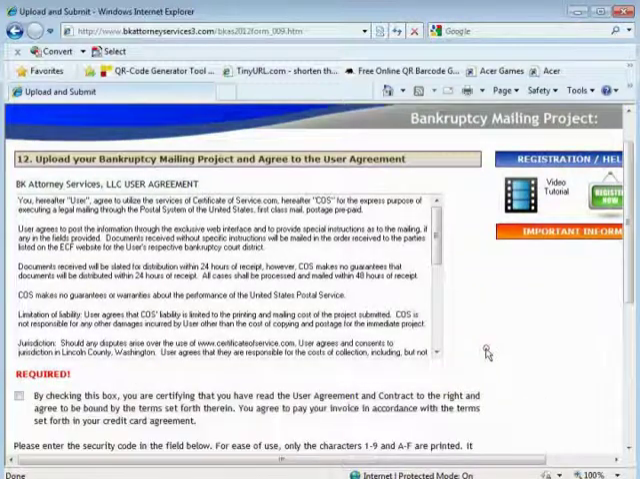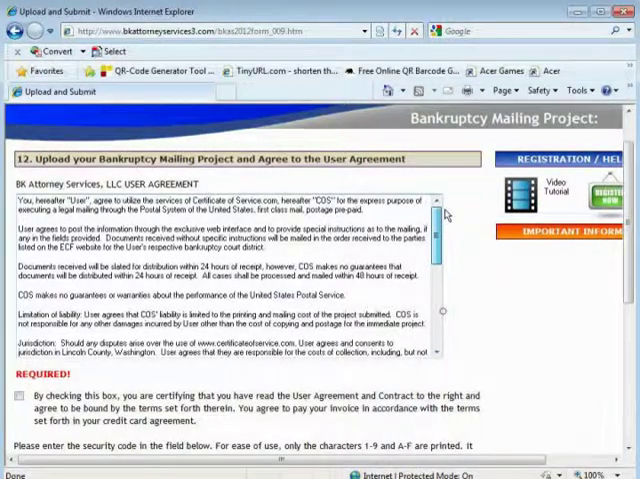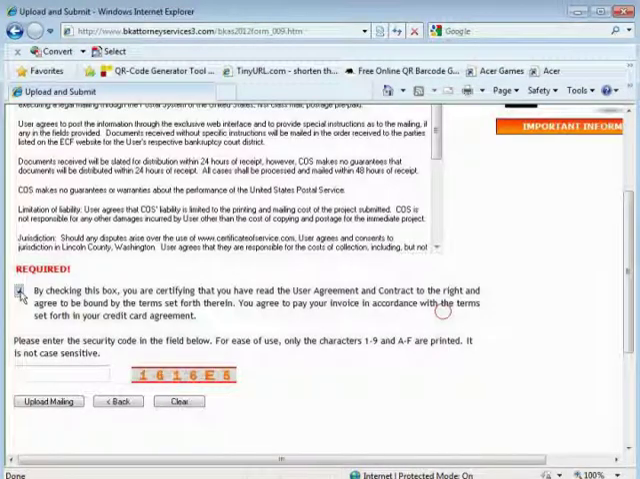This is simply the user agreement and the upload screen. You already filled out the user agreement and reviewed it when you registered originally. This is just a reprint of it for each time that you upload a job. You must check the box that says you are certifying you've read the agreement and that you'll pay via your credit card pursuant to the terms of your credit card. Last but not least, you must enter this CAPTCHA code. It is not case sensitive, so you can type in a lowercase e and it will still work. Once you've filled that in, click on Upload the Mailing,